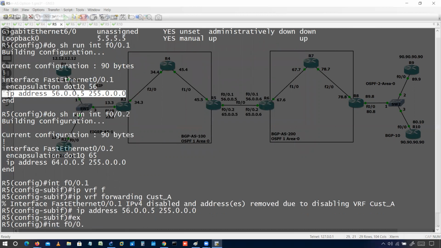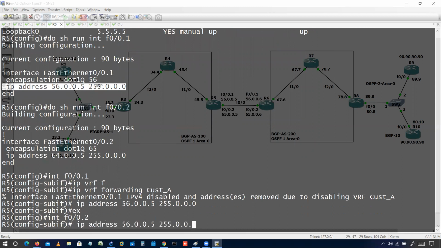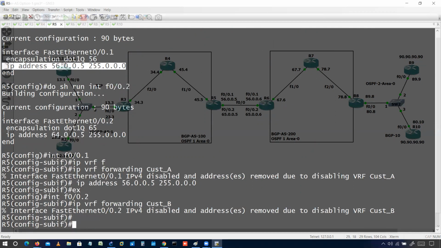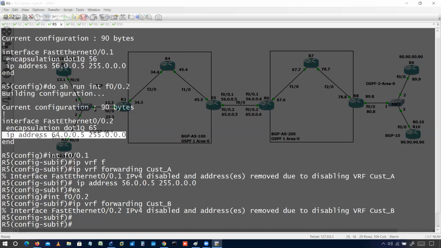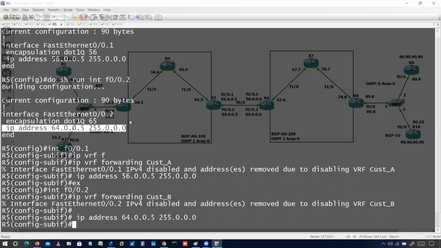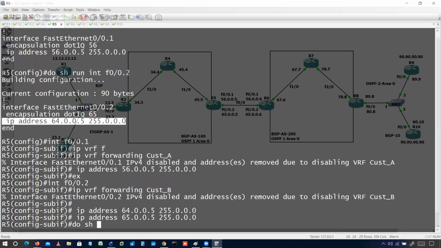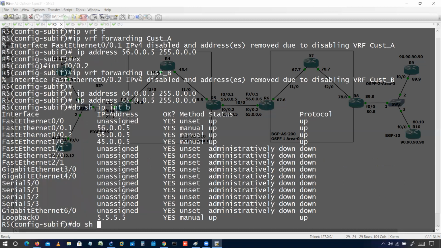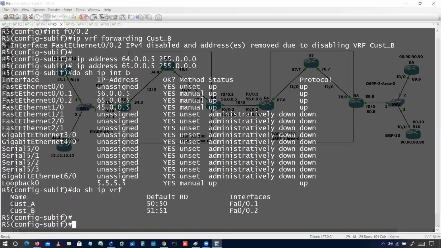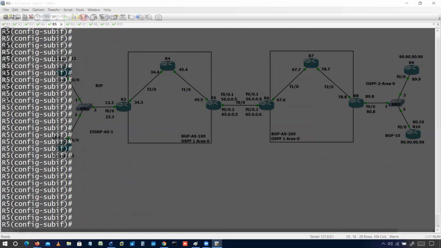Interface f0/0.2, customer B, with the IP address 64.5. Okay, this should be 65.5. Do show ip interface brief. Do show ip vrf. So all good, these two interfaces are part of the VRFs. Very good.